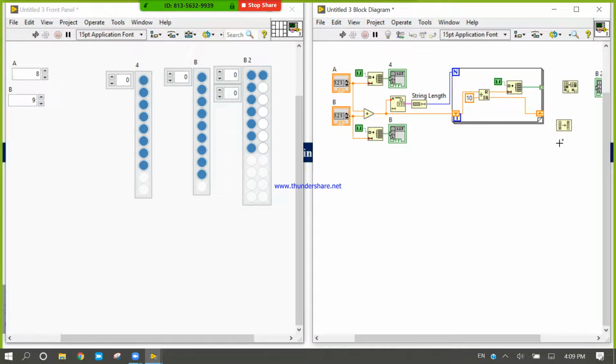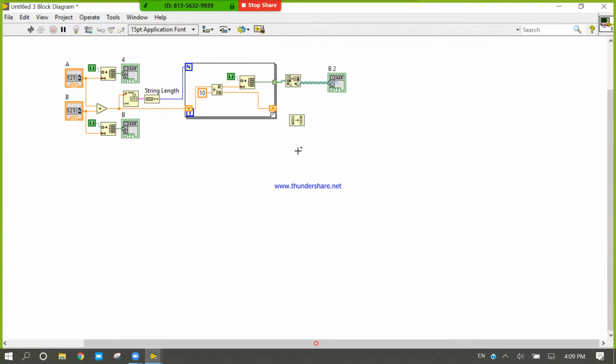Okay, not an issue. I'm going to debug this code again.